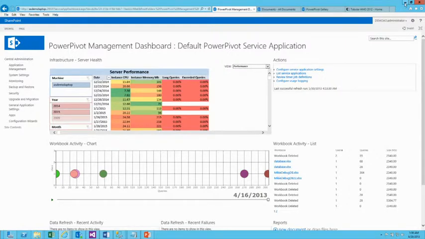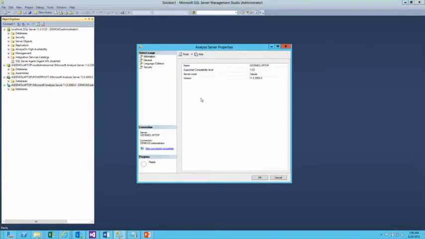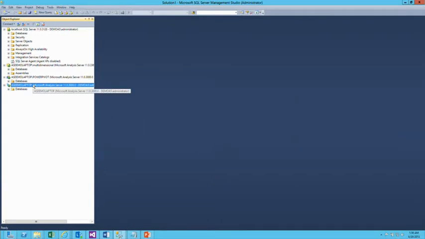I'm going to switch over to another demo here. So let's switch back here. This is my Analysis Services tabular model, and I have a couple of databases. And let's assume that I've